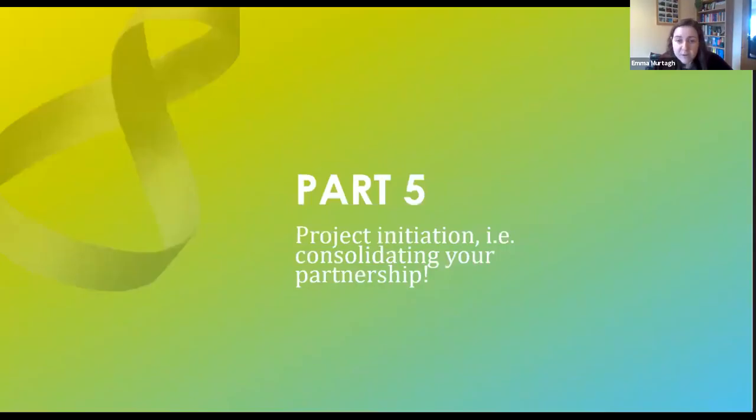So I'm going to very briefly touch on this because it's not really to do with developing partnerships. It's more, once you've actually done all of that process, imagine you've submitted your application and it was successful, yay, now you have to kick off the project. So this is more project management than partnership building, but I did want to touch on it